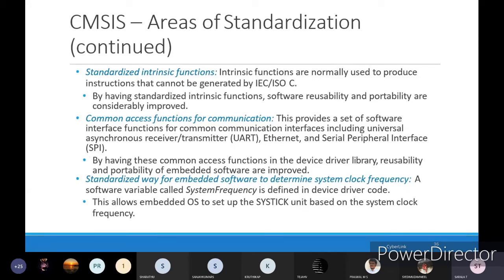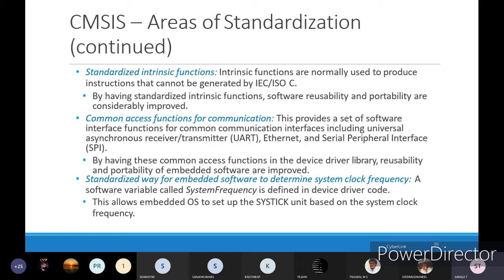Means if you want to communicate from the Cortex-M3 device towards the peripherals or from the peripherals towards the main Cortex-M3, then these three types of communication are used. Communication methods are used to transfer data or information. By having these common access functions in the device driver library, reusability and portability of embedded software are improved.